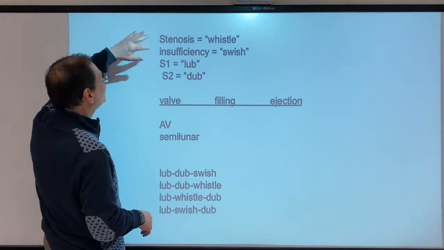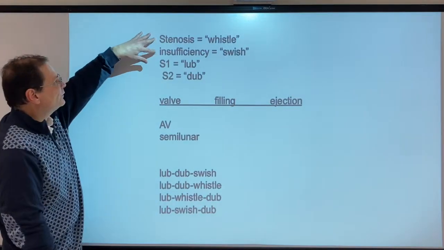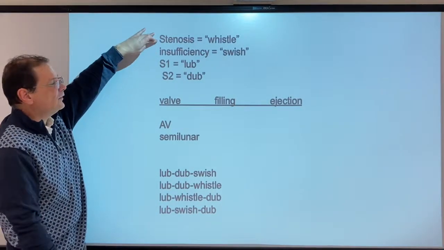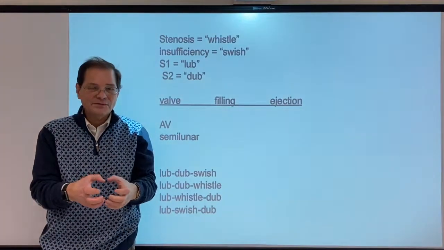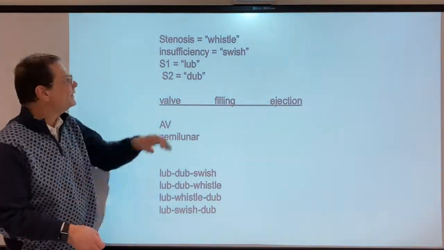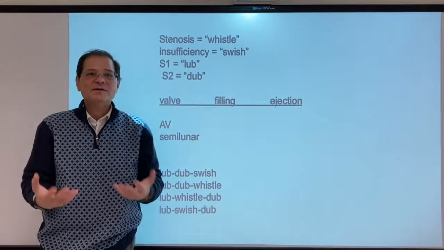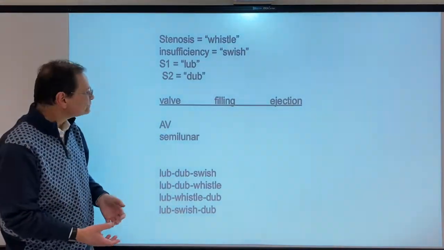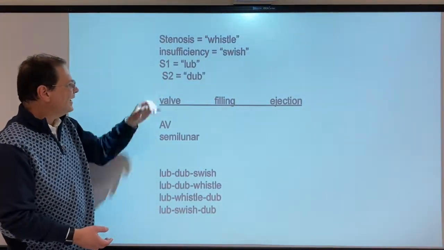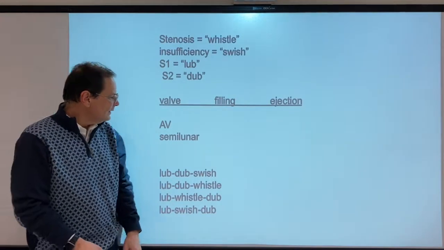So here we have two kinds of valvular problems. We have stenosis and insufficiency. Stenosis is narrowing of the valve, of a fibrotic valve. Insufficiency is when you have a leaky valve, okay? S1 is lub, S2 is dub, okay? So